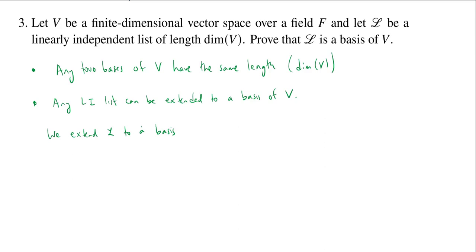We know that any two bases have the same length, namely dim of V. So we extend L to a basis, i.e., we carefully, because we can't just add any old vectors, they have to make sure the list stays linearly independent, we carefully include more vectors in L